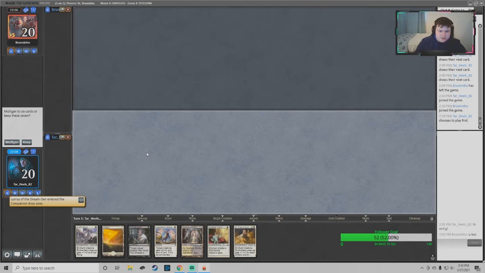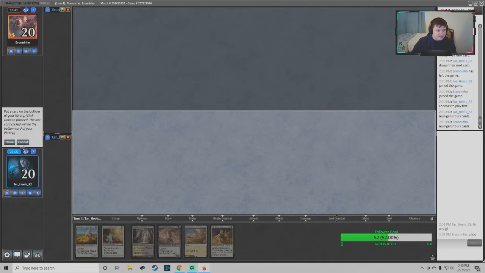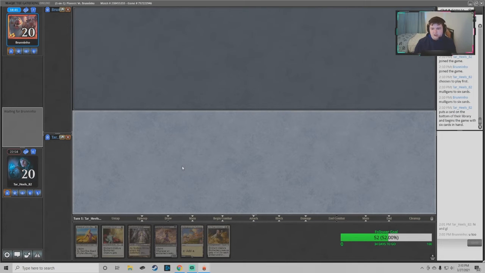If this hand had a creature, this would be great. I'm gonna mulligan. Yeah, this hand's a lot better. We're gonna keep this and put a cartouche back on the bottom. We get to lead on. Our opponent also mulligans, which is good for us. We don't have any hand disruption in our hand, so